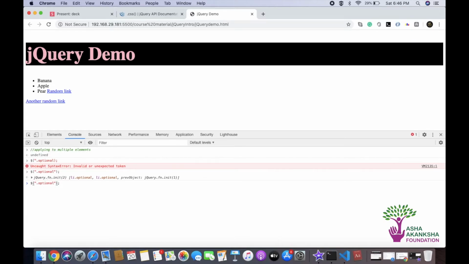You simply write $optional.css and you pass in your style. And what this will do, this will automatically iterate over this whole array, and this will automatically apply all these styles to this, right? So let's say I do color steel blue. You see they turn steel blue, and you didn't even have to make a loop,